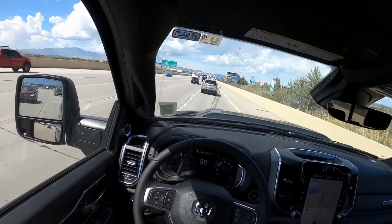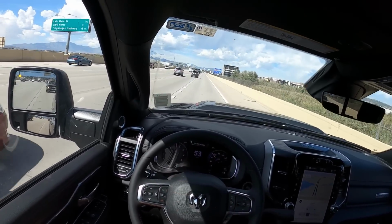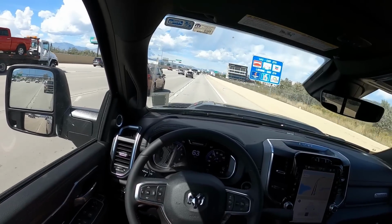I think this Jeep's trying to get out. They're doing the Utah thing. The Utah thing is to not turn your turn signal on until you're already turning, or to never use your turn signal. It's like, turn your turn signal on before you turn so you can let people know that you want to turn. Anyways,